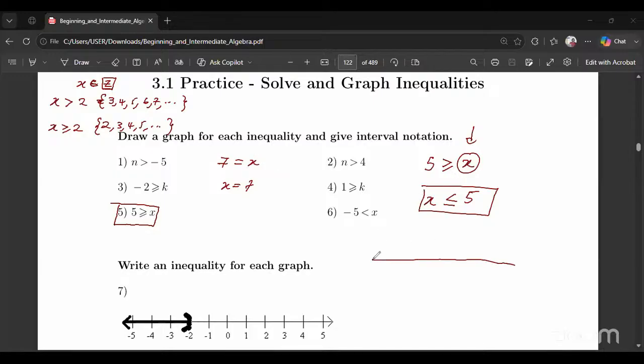And what they ask us to do is to draw the graph. So just like Mr. Chinonso already showed us earlier,